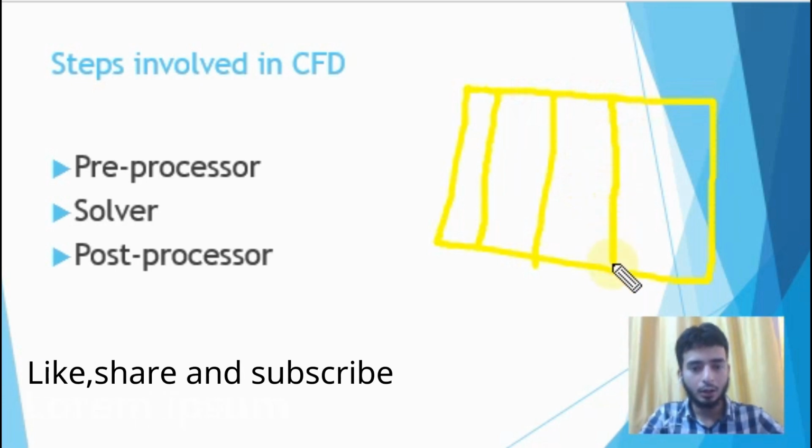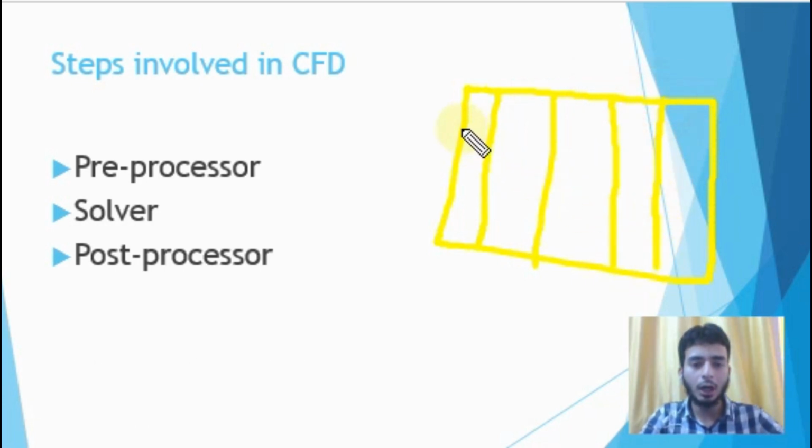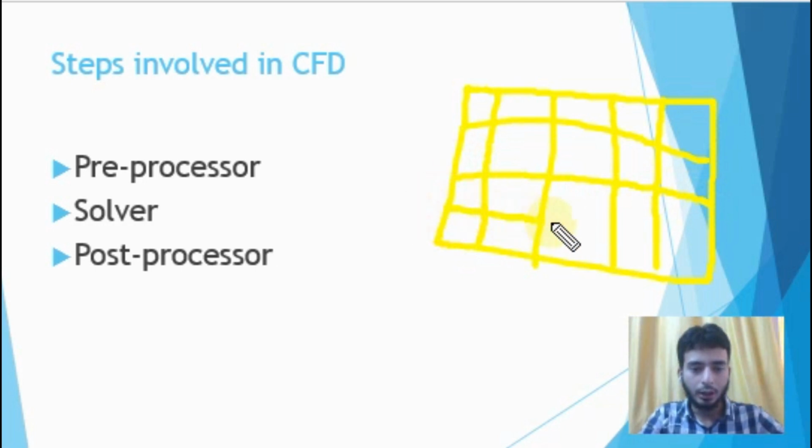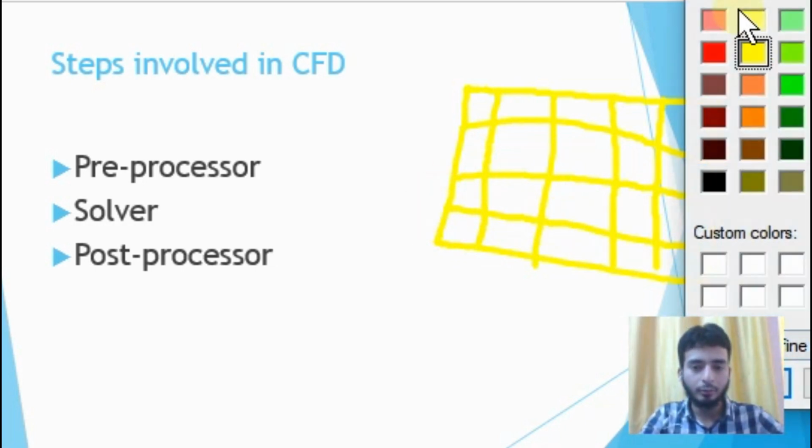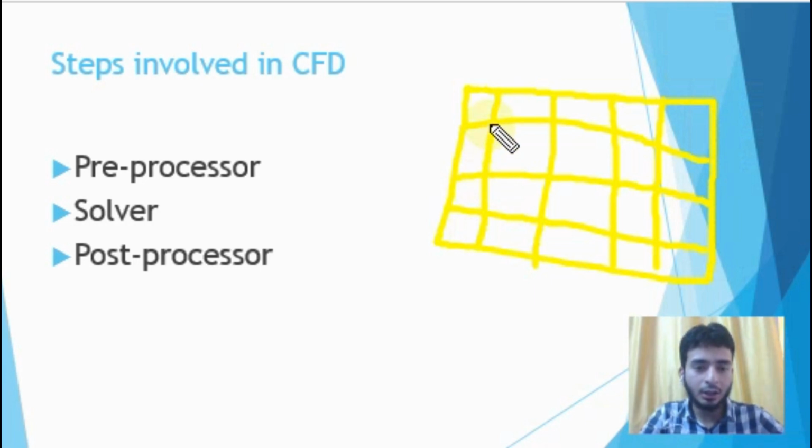Say you have a rectangular domain. This is how meshing is done in computational fluid dynamics. Due to lockdown, the delivery of virtual writing pad is delayed, so kindly bear with it. The partial differential equations are solved at these discrete points and so on.